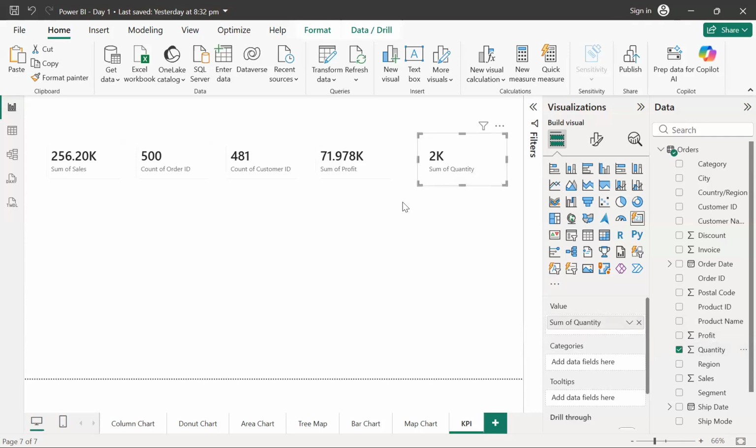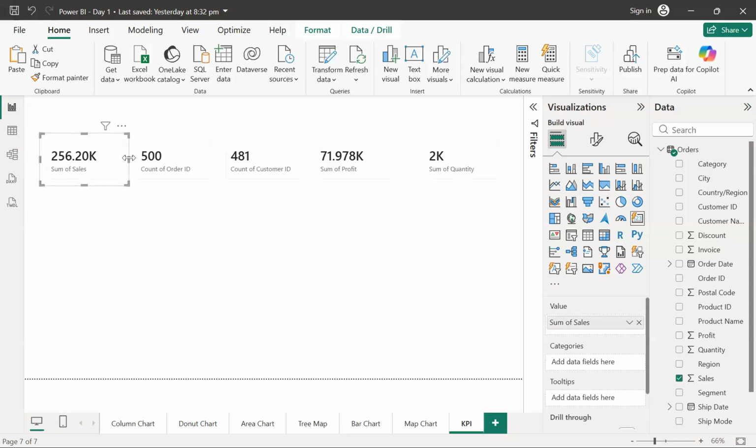Okay, so now guys, these are the 5 KPIs which I have created, and definitely, if you think about it the way I told you, you can probably think of a few more KPIs which can be created over here. If you think a little bit more, you can probably come up with 1 or 2 more KPIs which can be added. For the time being, let's say these are the KPIs we have.